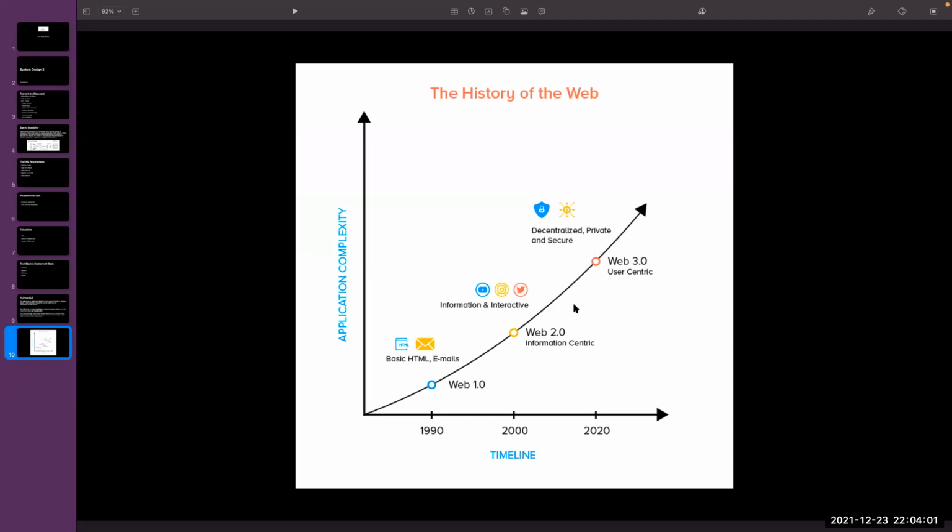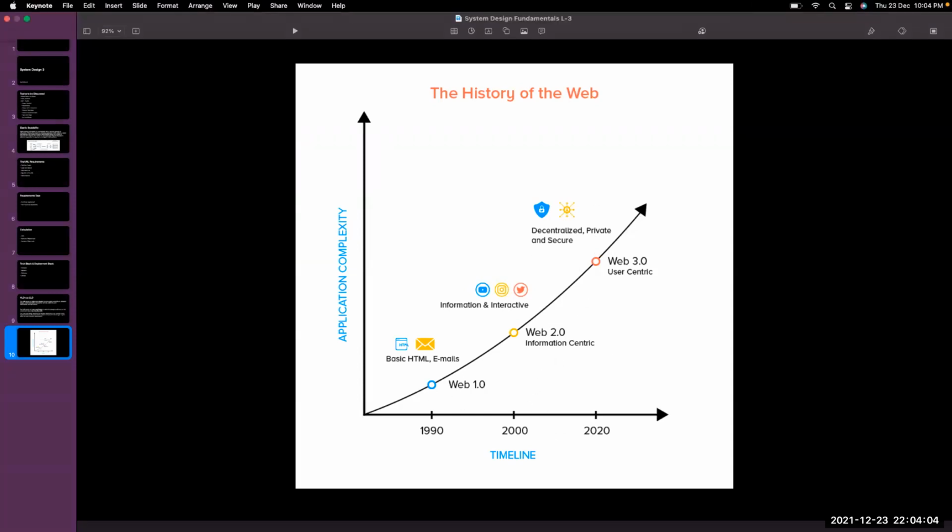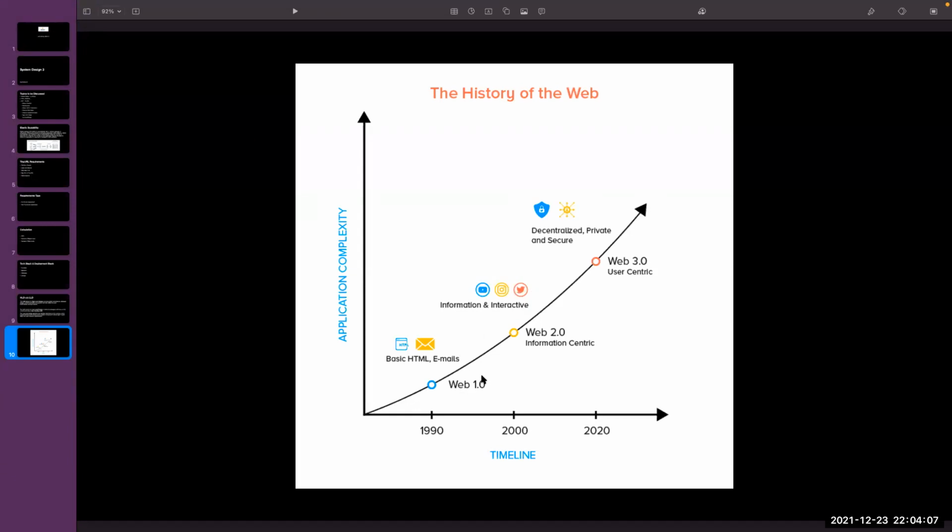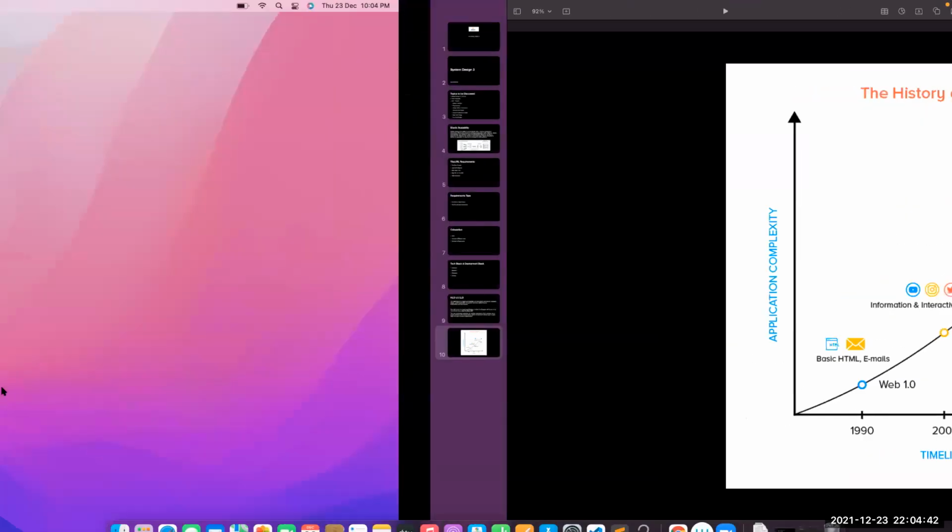So yeah, you can think about it, guys. Did you understand what Web 1.0, Web 2.0, and Web 3.0 are? Yes, sir. Okay, or do you think this is a waste of time? No, sir. Sorry? Okay, you understood these things, right? Yes, sir. Okay, cool. So now let's move to the web technologies. I'll open up a new slide.